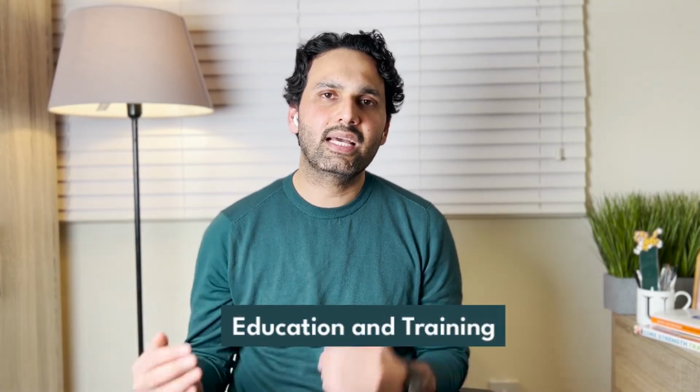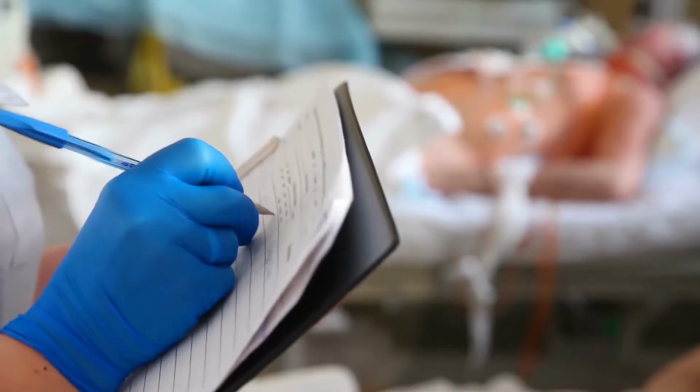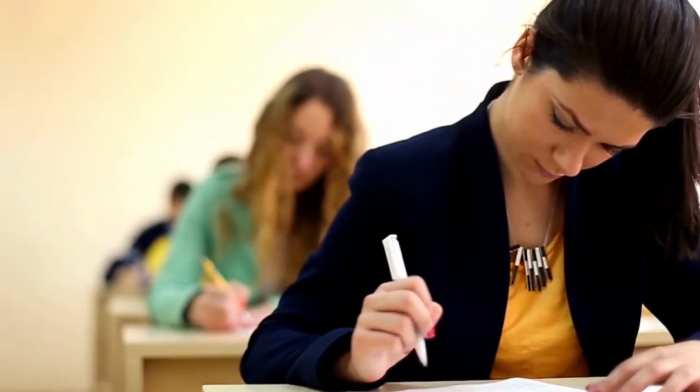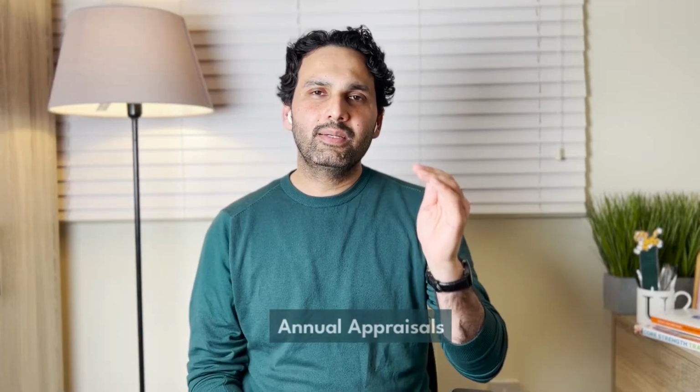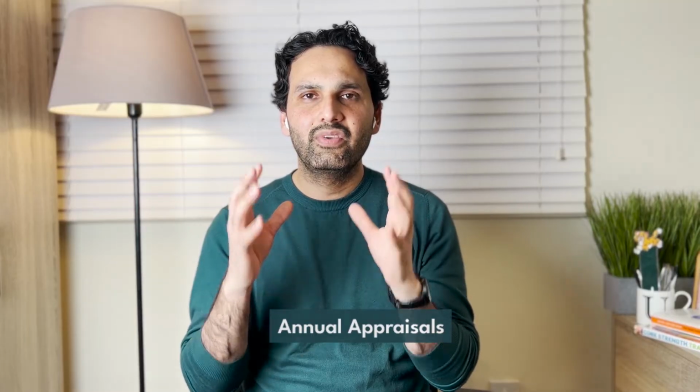Next up, we have the fourth pillar of clinical governance, which is education and training. Healthcare professionals are expected to have updated skills and knowledge to provide high-quality care to their patients. In practice, this involves attending regular courses and conferences known as CPD or Continuous Professional Development. Or they can keep taking exams to upgrade their skills or have regular assessments designed to ensure that their training is appropriate. Annual appraisals are another effective means of identifying and discussing both weaknesses and opportunities for personal and professional